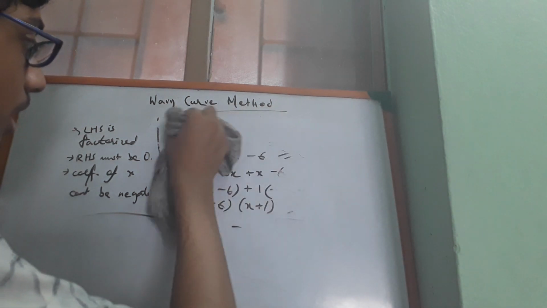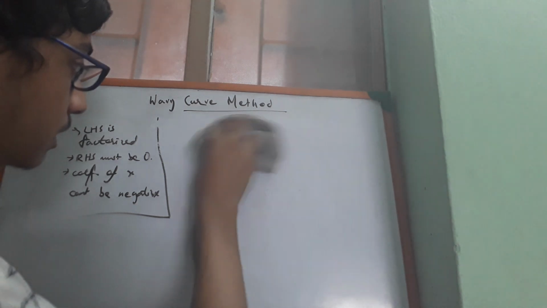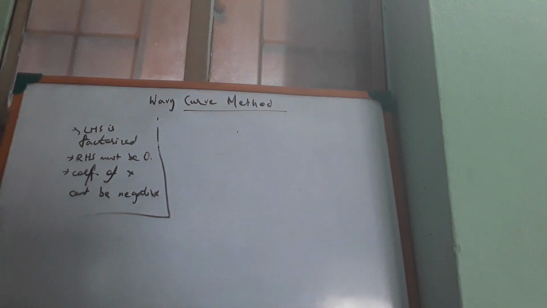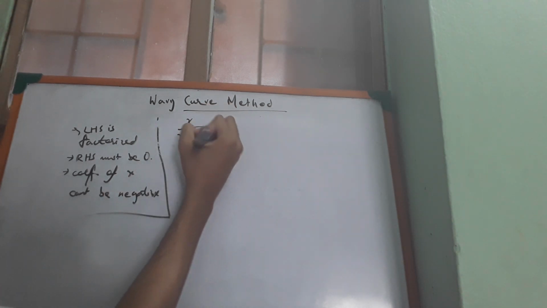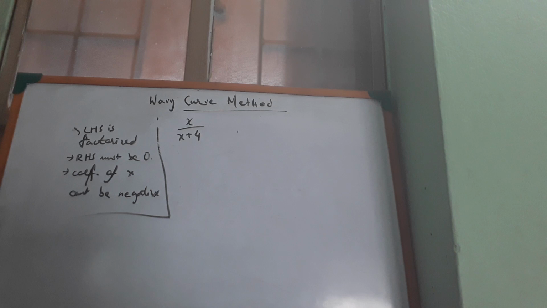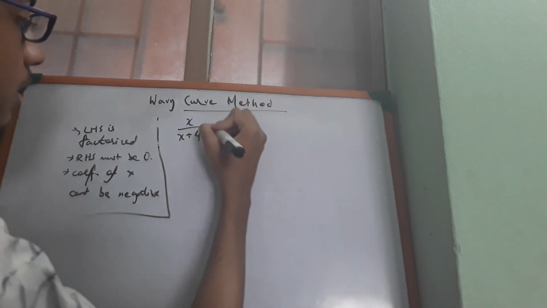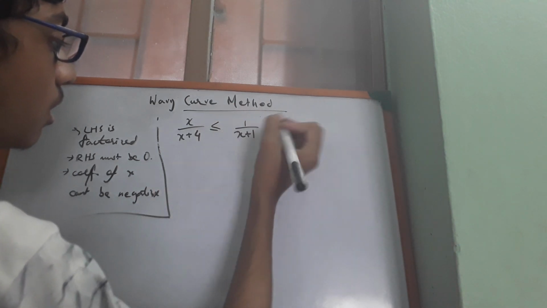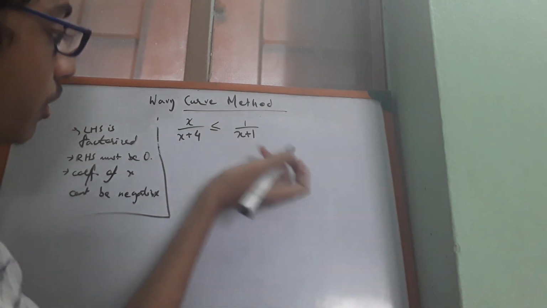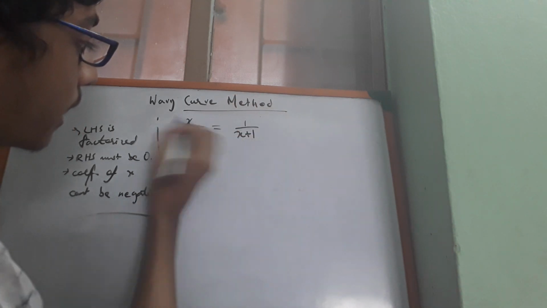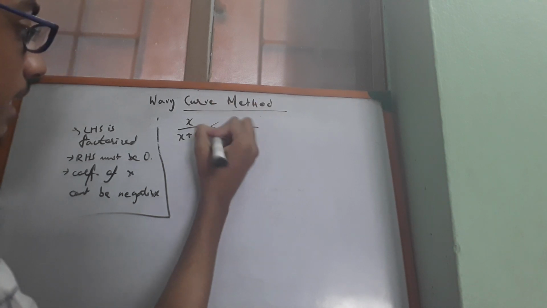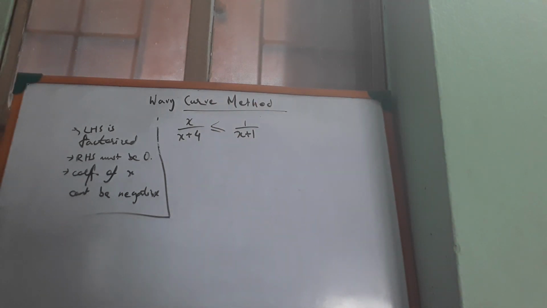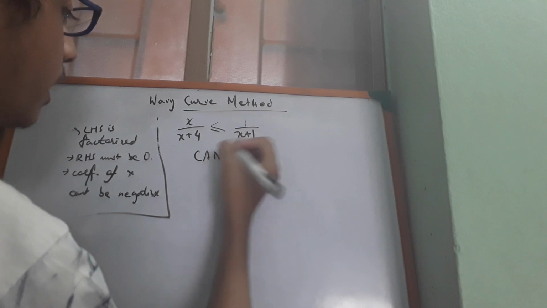But obviously expressions can be a lot more complex. These we have been considering simple inequalities till now. Okay, so basically let's have this expression x over x plus 4, it's a bit complex, lesser than or equal to 1 over x plus 1. So see, in this case, if it was an equation, we could directly cross multiply: x times x plus 1 equal to 1 times x plus 4. But see, it is not an equation, it is lesser than or equal to. So see, this is very important, you can't cross multiply